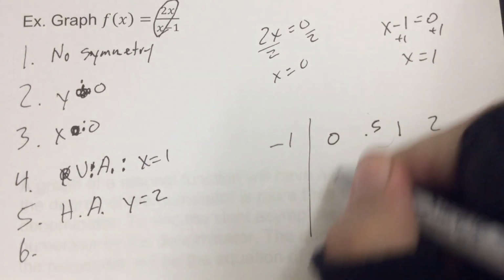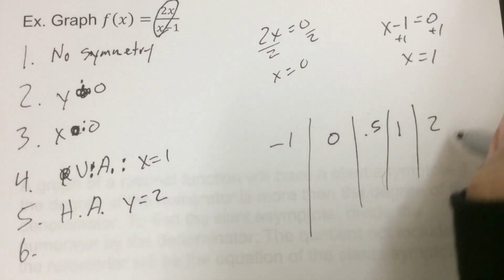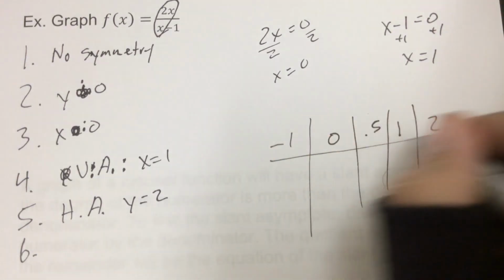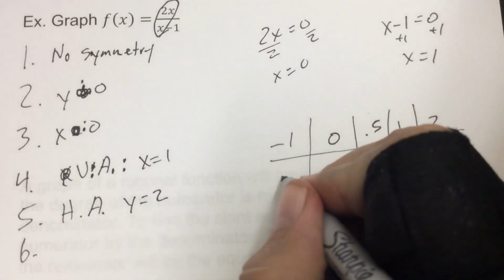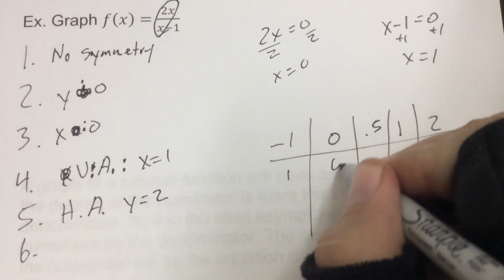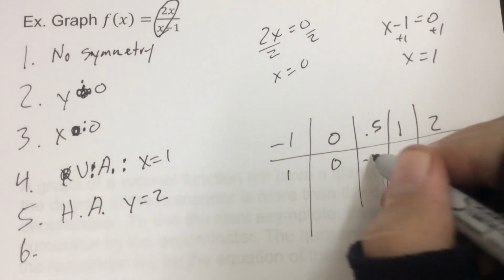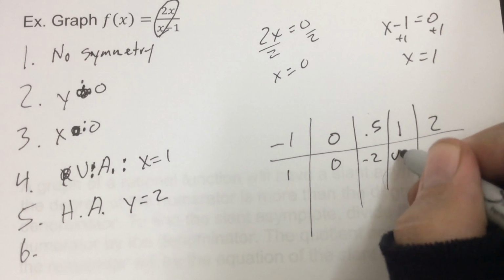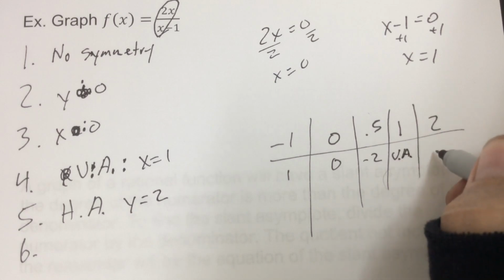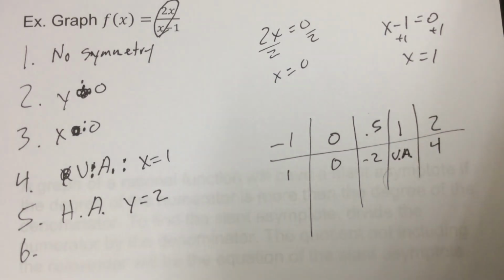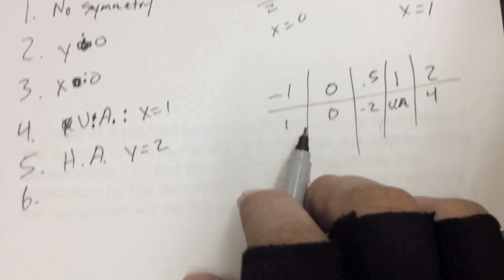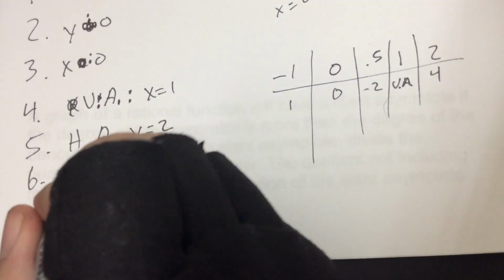So if I draw these down, this is going to give us a y value pretty much here. So negative 1, we get 1. 0, we get 0. 0.5 is negative 2. This again is that vertical asymptote, so there shouldn't be anything there. And then 2, we get 4. So when we go to graph this for number 7 here,